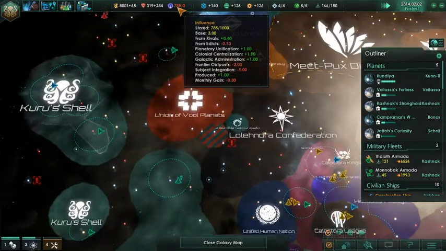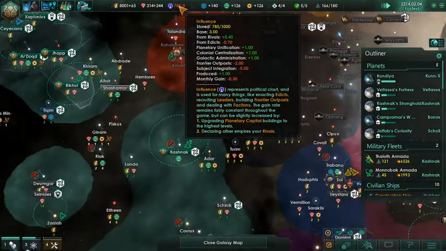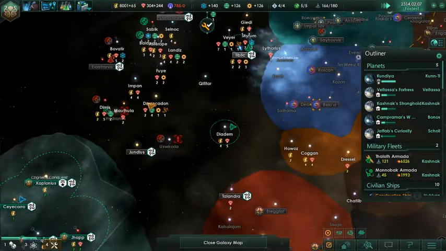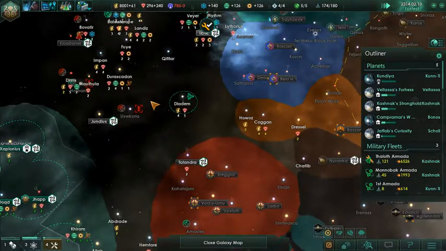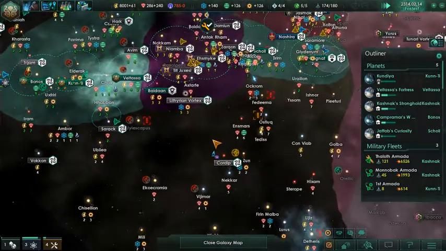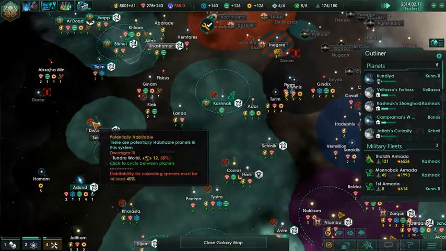I do want to expand, and so it's not going to cost as much to expand and colonize this planet or this planet, and at the same time trying to integrate other planets at the same time. So that is my goal there. And I'm probably going to colonize this one next. But anyway,